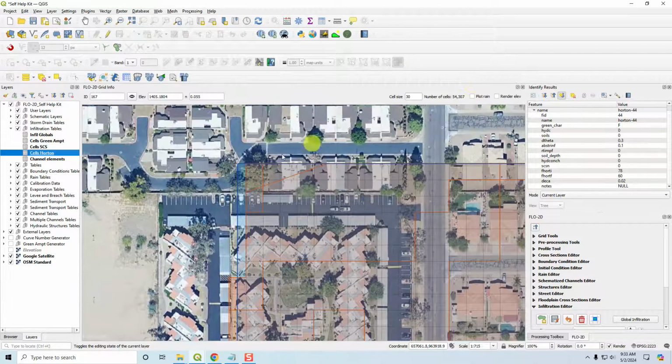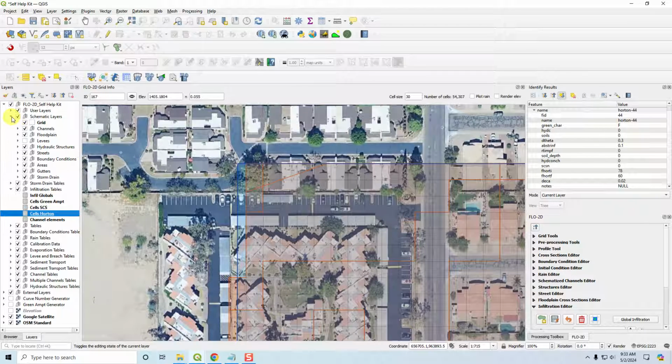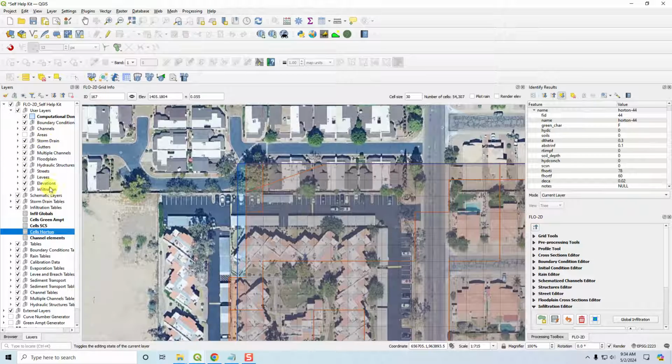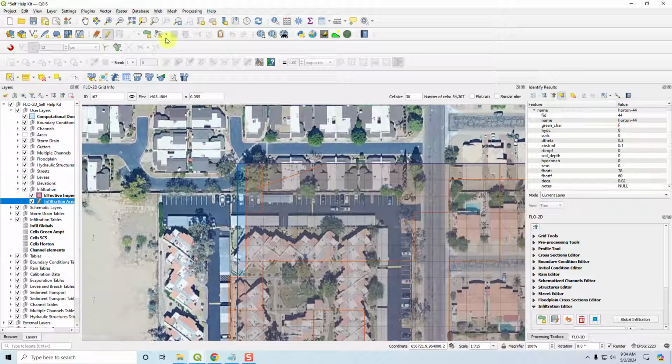Now I want to show you how to fix this missing data. Very easy. To fix that overlay, you just need to come into your user layers, go to your infiltration, click the edit button, click the node tool, and then we will select these guys. I see how I've selected all of those nodes, and then we'll pick one of them up. So you click it to pick it up,